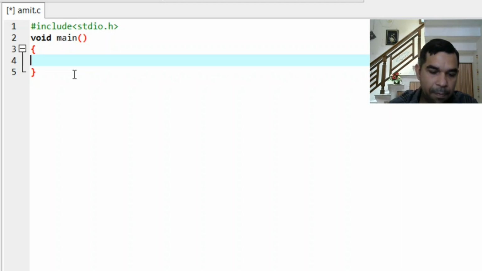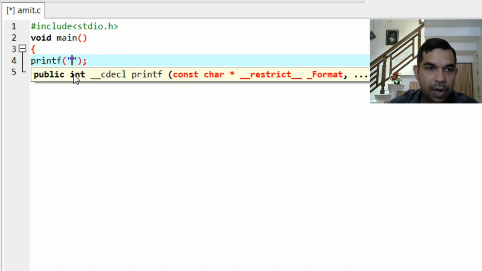Okay, let us start with a simple print statement. Whenever we want to print something on the screen, we make use of printf. The syntax is we have braces, parenthesis, semicolon. What is semicolon? Semicolon is a statement terminator. With this, the compiler is able to know that this statement ends here. Now here we have double quotes. Whatever we write here, like I live in Punjab.